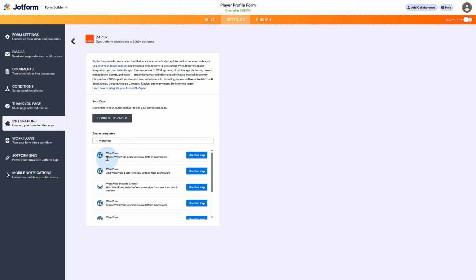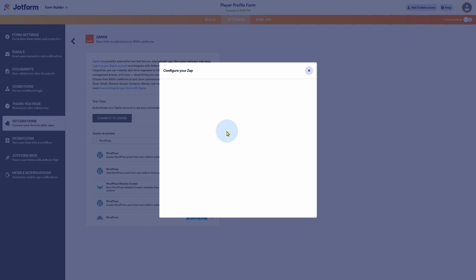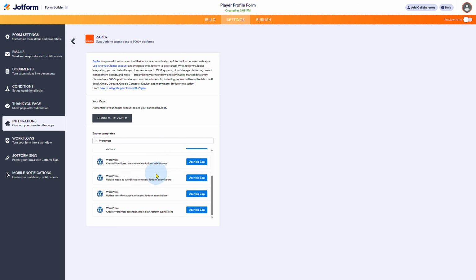So you can simply create a WordPress post for new Jotform submissions. You can add WordPress post and simply integrate it. So you can use these apps and simply integrate your Zapier application, sign up, and this will be inside your